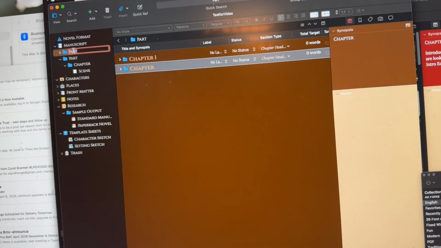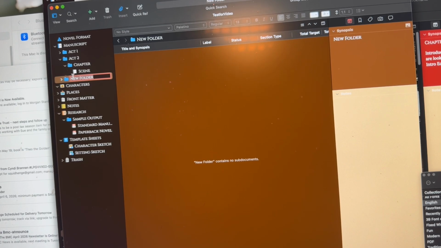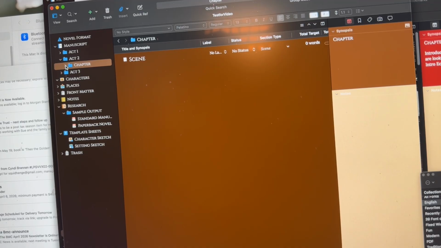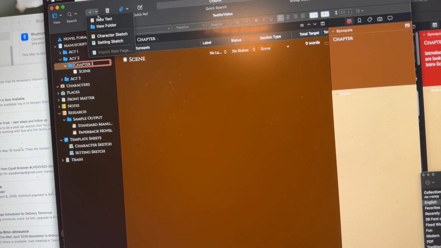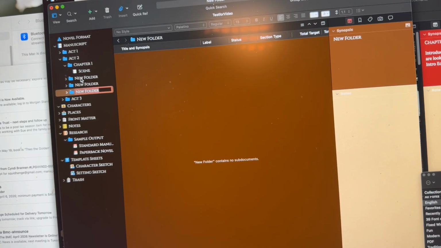I've got Act 1, okay? If I'm writing a 3-act structure, Act 2, and then add folder, Act 3, okay? The folders for chapters still annoy me, but I'm gonna go with that. So I'm gonna do chapter 1, I might add a new folder, new folder, new folder, ad infinitum, okay,